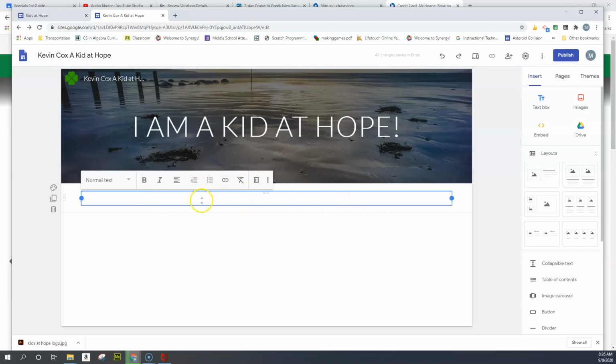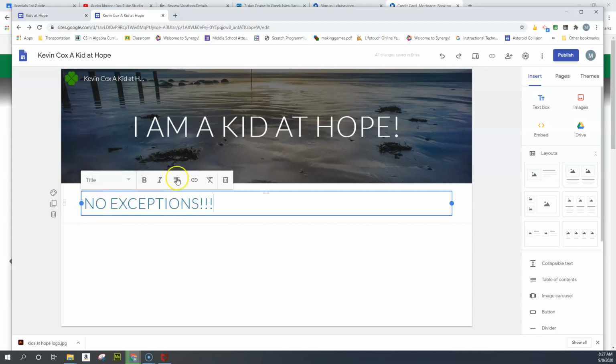Okay. So I can type no exceptions. So I'm going to type no, and I'm going to put it all capital. And I'm going to put a couple exclamation points because I want to make sure that that's good. So I'm going to type no exceptions, and I'm going to change the font a little bit. So where it says normal text right here, you probably hear my dogs in the background. I can change this. So I'm going to change it to a title because I want it big. And if I highlight it, I can change it to bold. I can click on the italicized,